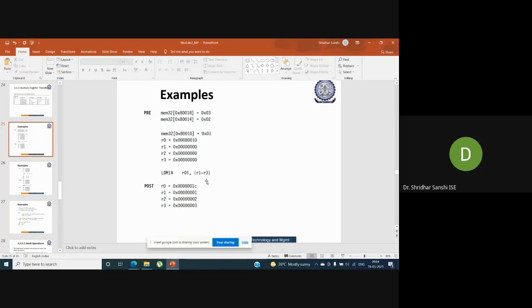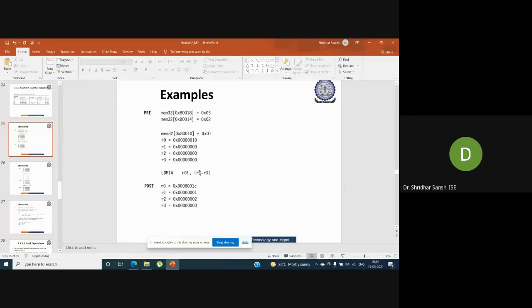So what will this instruction do? I'll explain this. You can see that R0 is pointing to this address. It is increment after. So what do you mean by increment after? First use the address and then increment. So R0 is pointing to 80010.